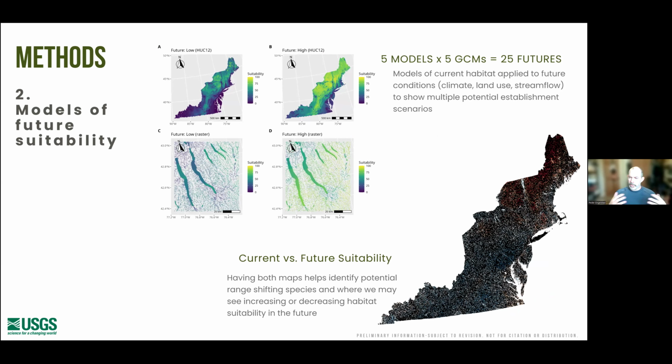Once we have our models of current suitability made, we can use those to predict across the landscape to future environmental conditions. And why are we not just looking at climate here? We have future land use scenarios. We have future stream flow scenarios. So we want to try to encapsulate a more holistic description of what things beyond just climate might be changing going into the future. And what we can do is look at the variation across these different predictions, and we can take the mean and use that as a comparison or a component in our final risk score.